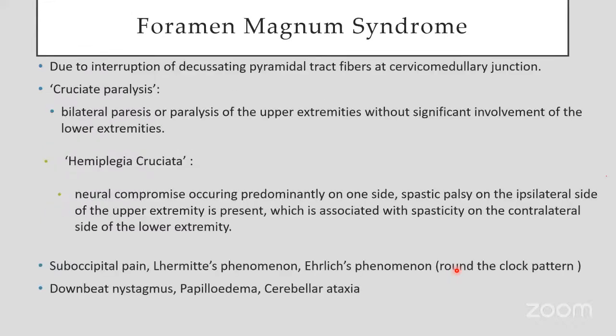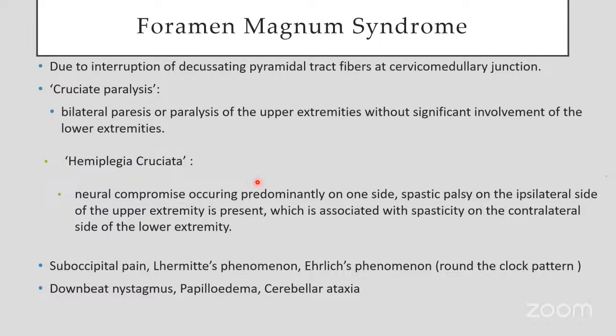If there is interruption of decussating pyramidal tract fibers at the cervicomedullary junction, it might cause a foramen magnum syndrome, which may present as cruciate paralysis or hemiplegia cruciata. Cruciate paralysis is bilateral paralysis or paralysis of just the upper extremities without significant involvement of lower extremities. While hemiplegia cruciata is spastic palsy on the ipsilateral side of the upper extremity with spasticity on the contralateral side